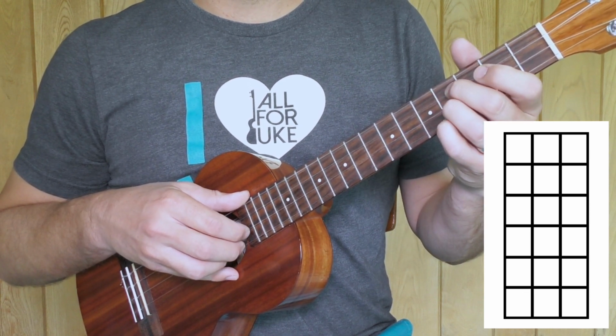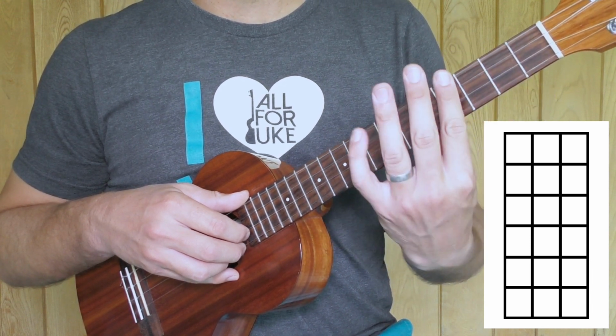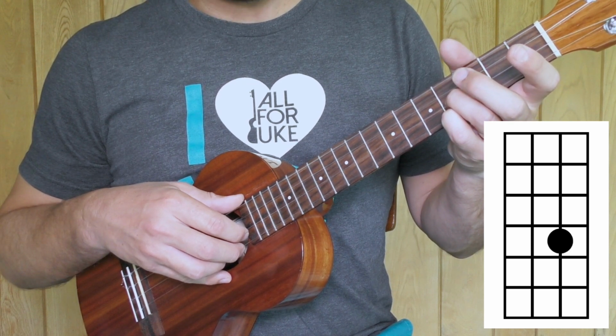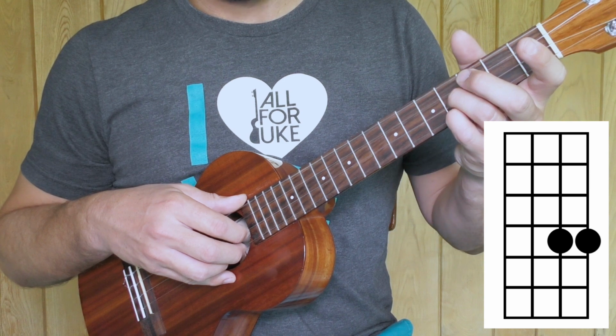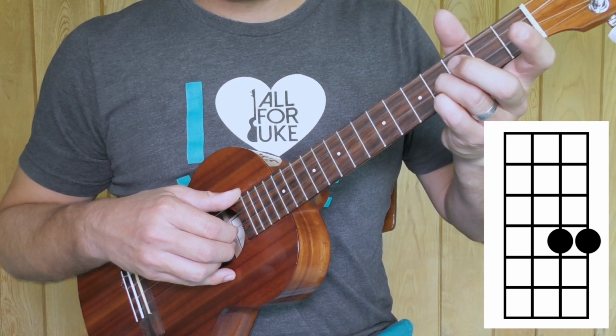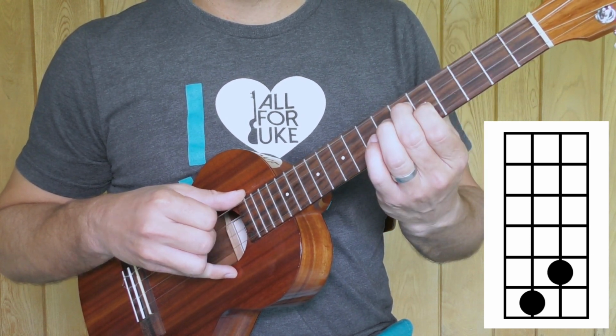The third chord is a C sharp minor 7. It would be played like this, but we're just going to play the bottom two strings. So we're playing the E string with our ring finger and the A string with our pinky, both on the 4th fret. So here's the third chord. So we now have